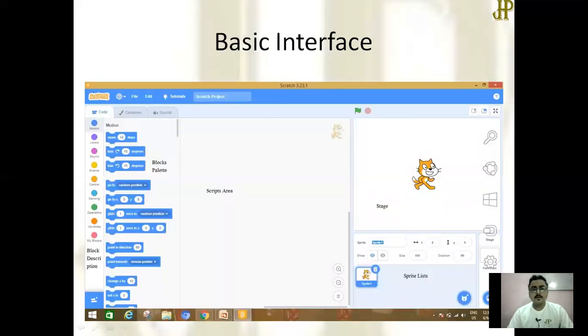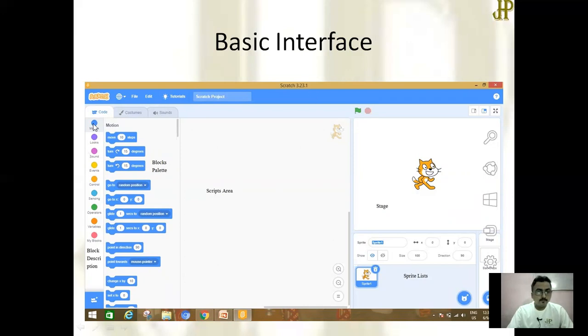So this is the basic interface of Scratch. In this interface, you can see that there is a menu bar.